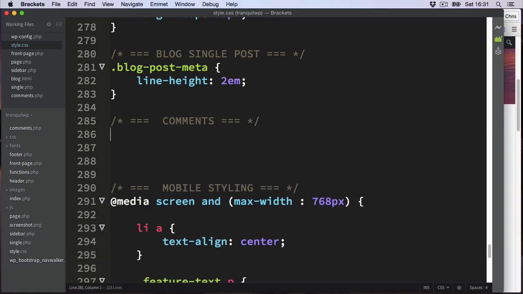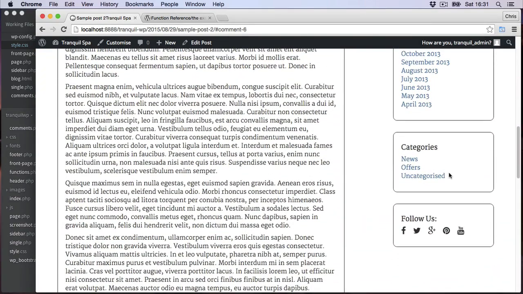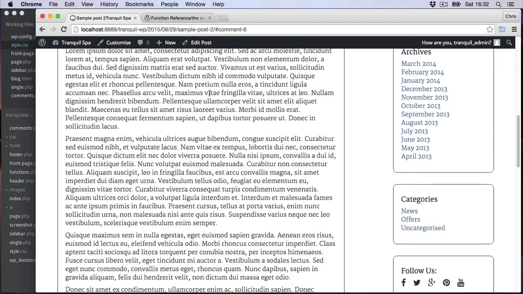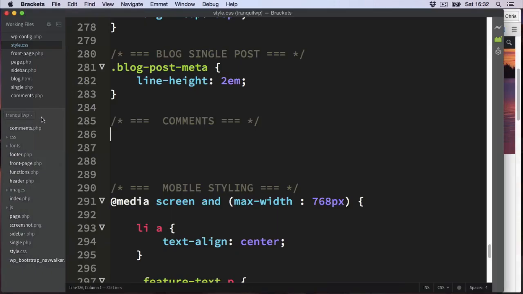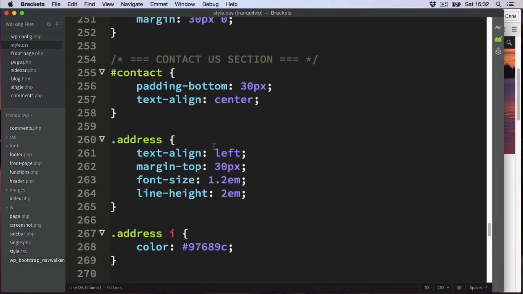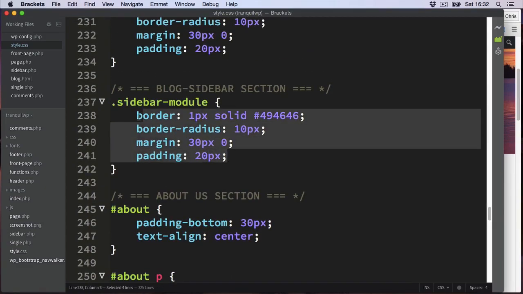So to get started, I want to make sure that the comment section at the bottom has a similar kind of style to the sidebar modules and also the blog posts. And the way I'm going to do that is by copying the same styling as we used in the sidebar module. So just copy this section,